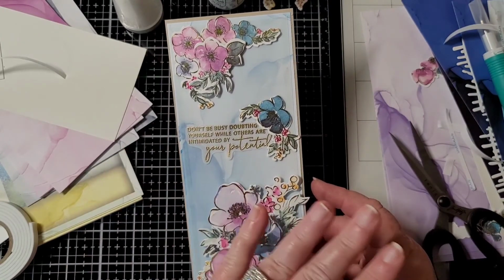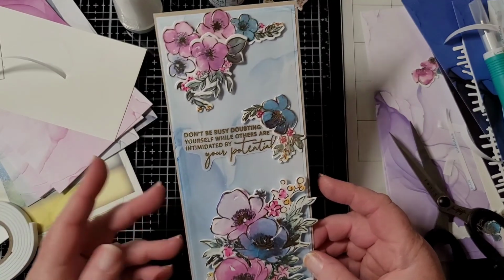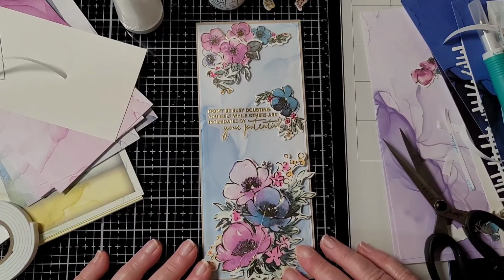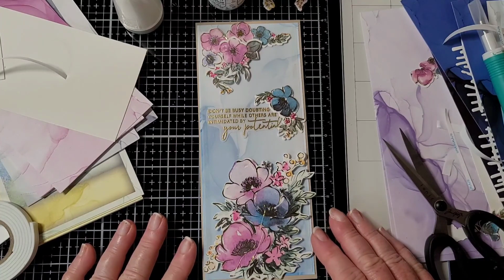And you just roll out the washi tape, die cut it, and look at that. Hardest part is trying to figure out what to put behind it. So anyway, there's our card, and hope it inspired you to make a card with some flowers or